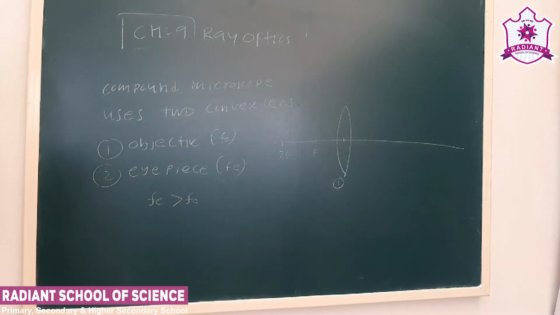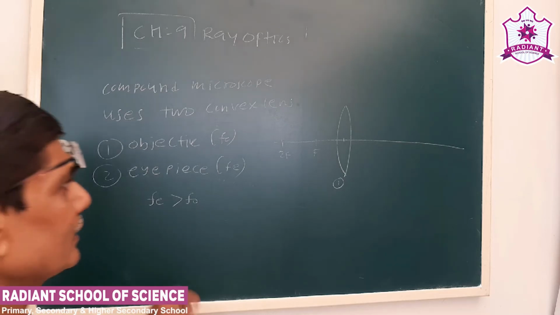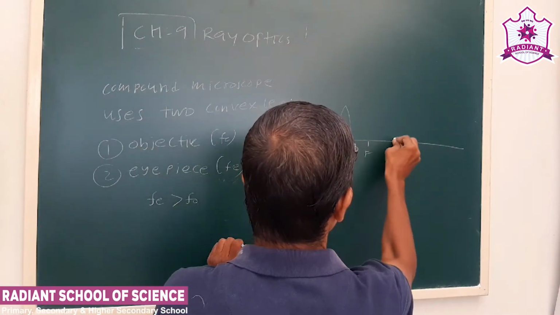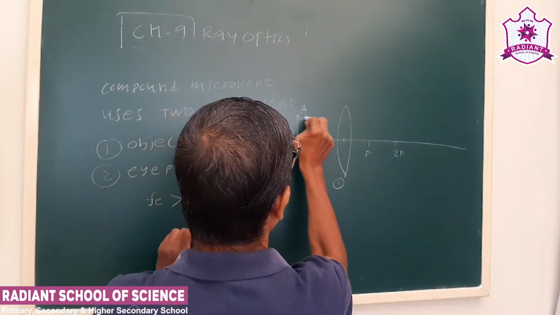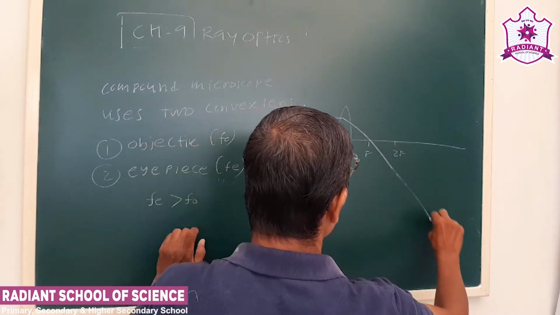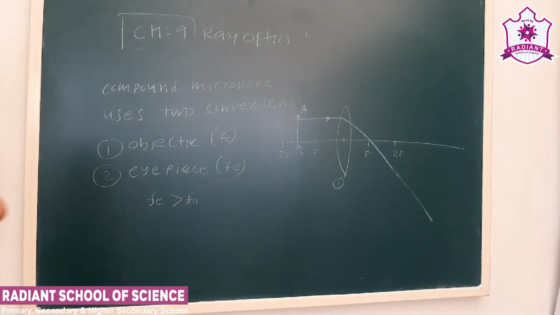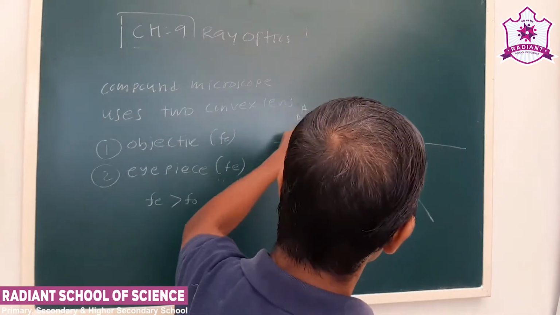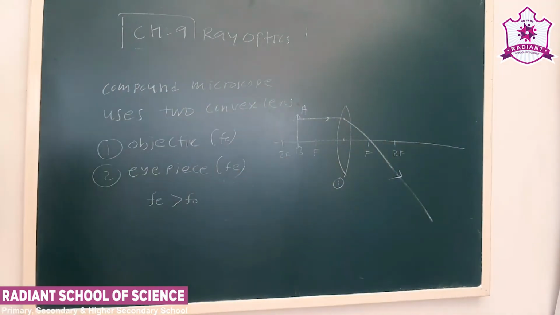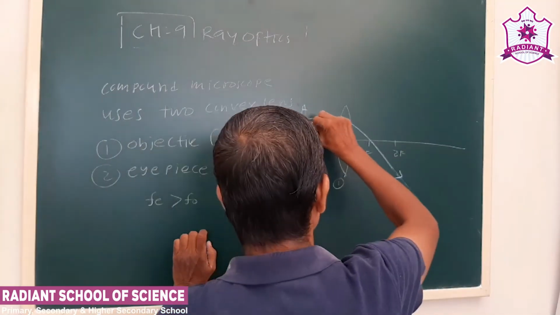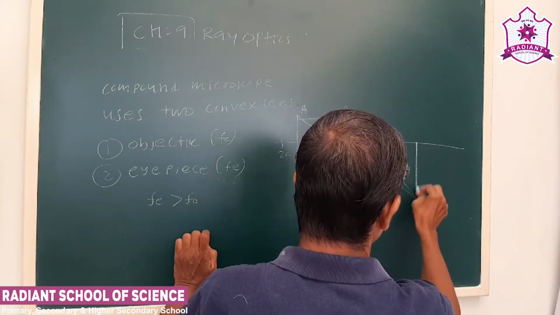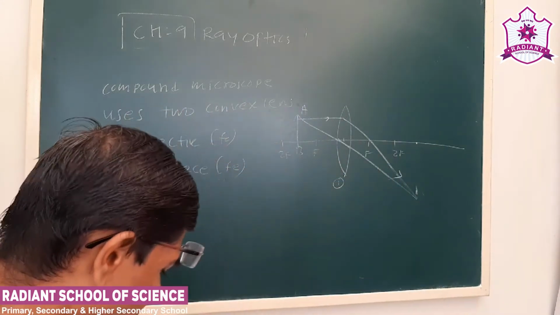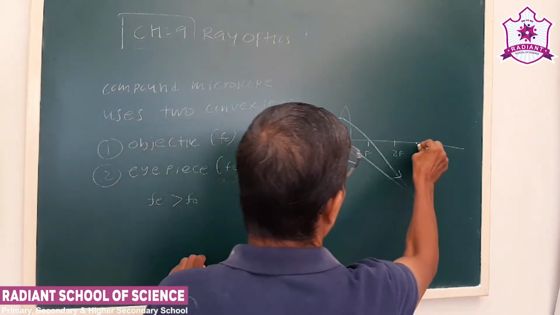Now see, when we discuss the 6 diagrams for convex lens, we saw that when the object is placed between f and 2f of a convex lens, we get a larger image. Again, by the conditions we used in the ray diagram, the first ray parallel to the principal axis, after refraction, will pass through f on the other side, and when the ray passes through the optical center, we get the larger image.